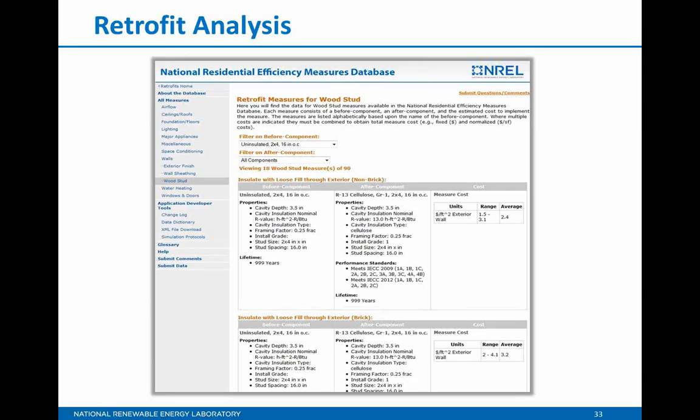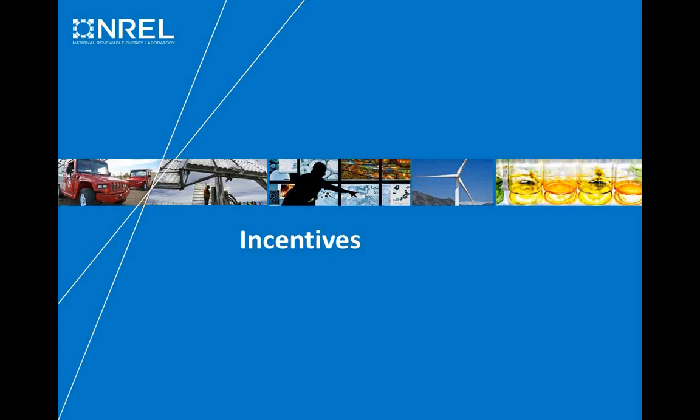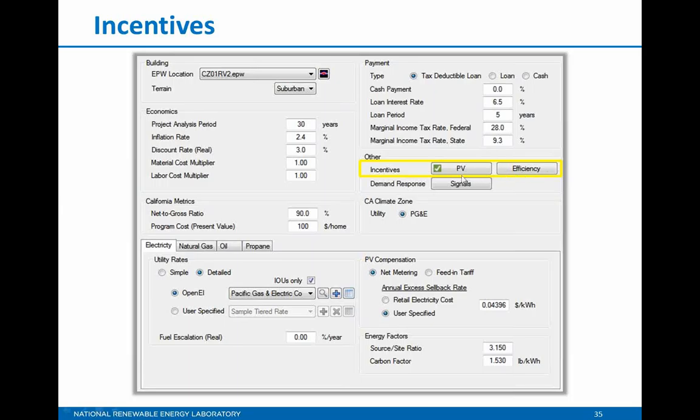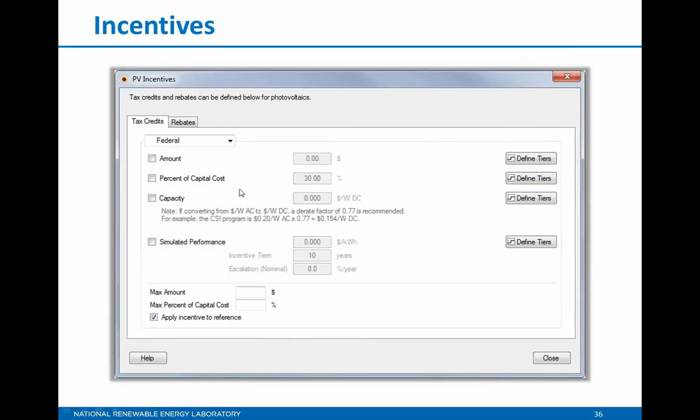So that's a quick look at retrofit analysis in BEopt. The next area that I want to talk about is incentives. This is something that we have added as part of the CSI RD&D project. And particularly what we've added is a set of buttons on the site screen to evaluate PV incentives and efficiency incentives. When you click the button for PV incentives, you get a screen like this where you can evaluate both